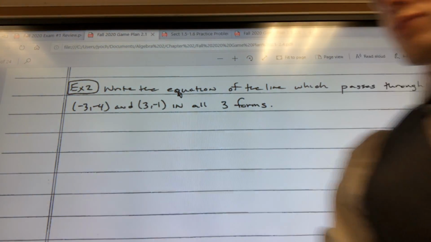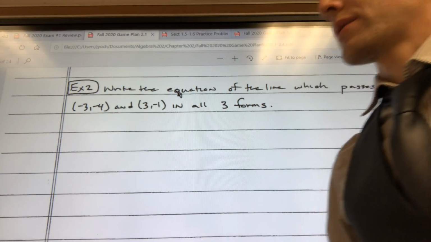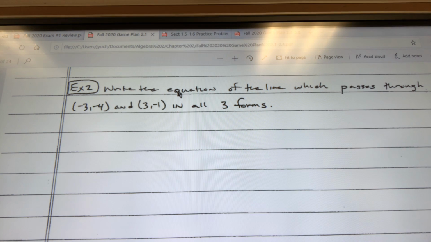Algebra 2, welcome to the second video for GamePlan 2.1 to 2.4. Here we are on the bottom of page 10. It says write the equation of the line which passes through those 2 points in all 3